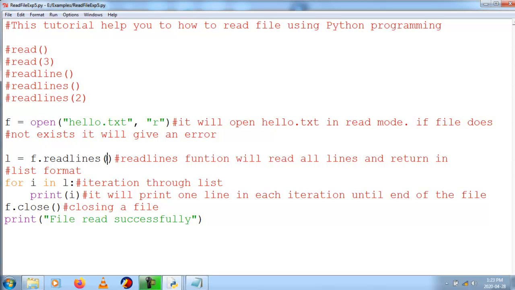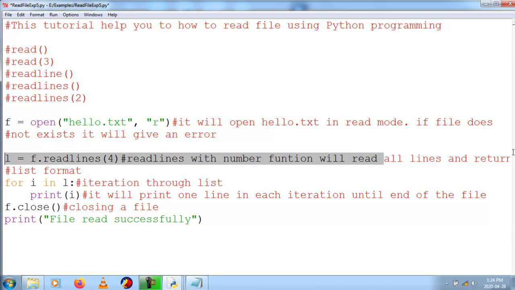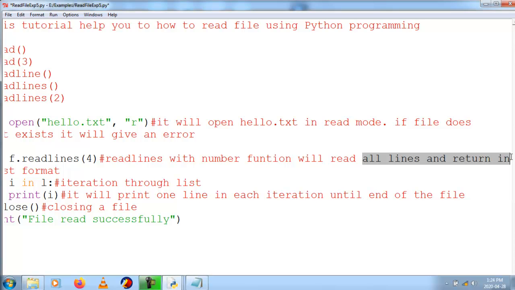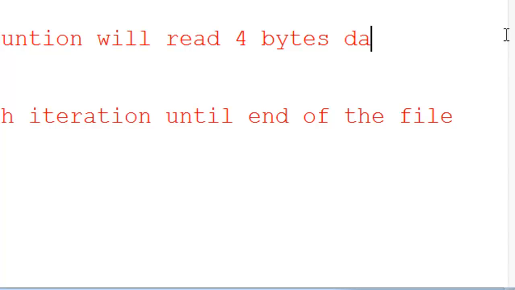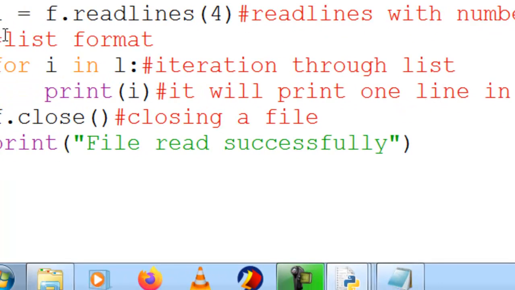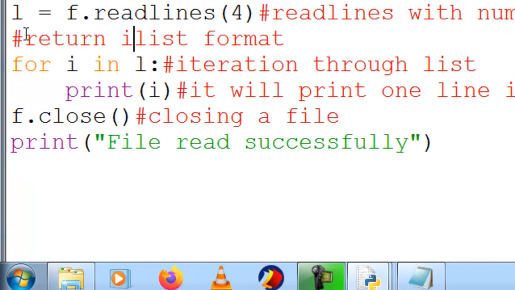Here, readlines with 4: the function will read 4 bytes of data and return it in list format. Then iteration through the list will print one line in each iteration until the end of the file.